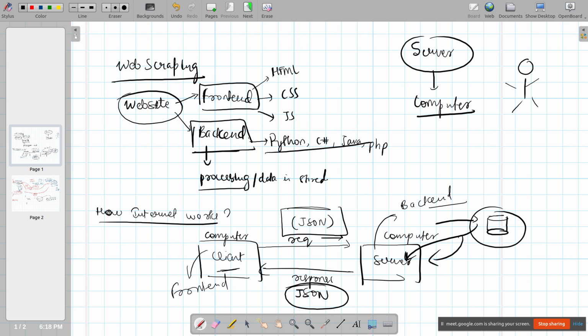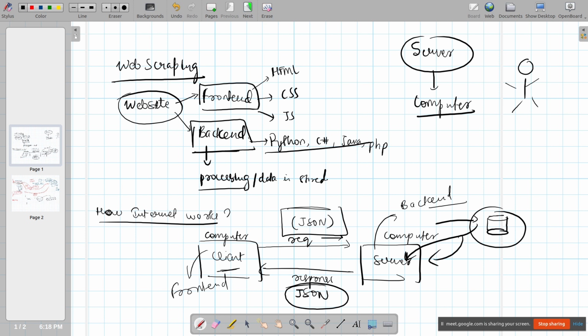And for the front end, it's very simple. It is having HTML, CSS, JavaScript. These languages are basically used to create front end. I hope you are clear with what is front end. A front end engineer's job is to make the representation look good, or make the data look good. Maybe in which corner to place the data coming from the server, maybe you want to place the video at the left corner, at the right corner, or display it at full screen. These decisions are taken: how to display the data, how to represent the data, which color to give, which font to give. All this comes inside front end.